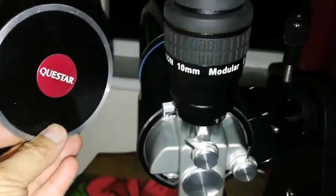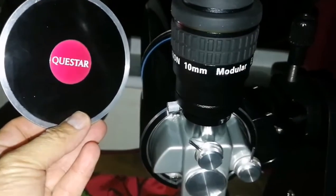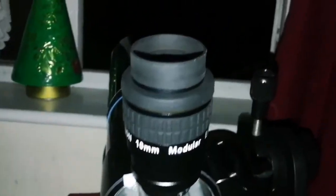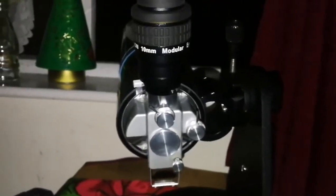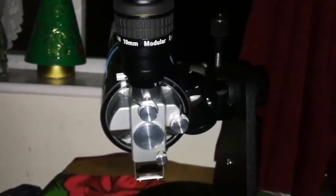So, easy observation. I just put in one 10mm, in this case a Hyperion, and I can immediately start observing. Find the object, in this case Jupiter, and Saturn, which is now here at the center, and continue to enjoy and immediately pack it up. Sometimes you don't want to go for putting the mount outside, the tripod, carrying it out, carrying it in,